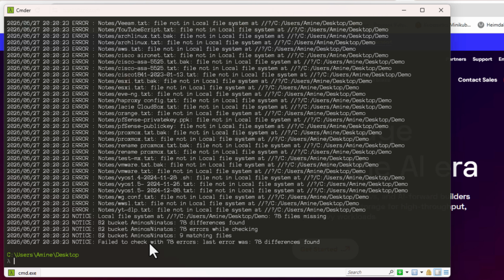so here we have a summary. We have 78 differences found, we have 78 errors while checking, and we have 9 matching files. Those 9 matching files are the files that exist on our local folder and also on our bucket. Okay,